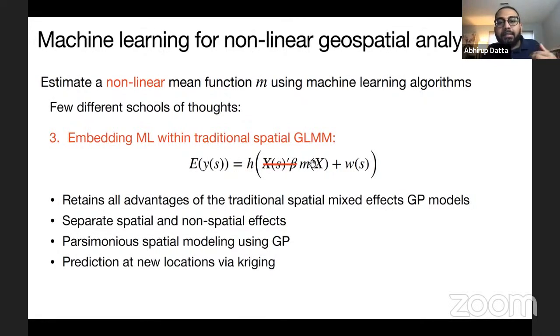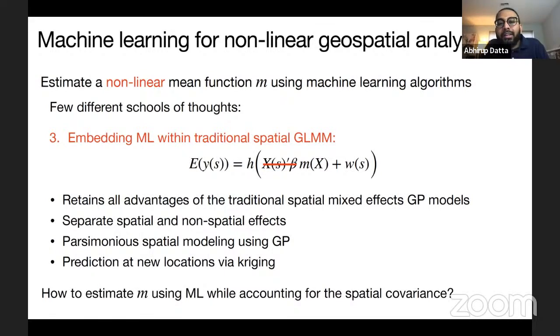As I said, this is the only change. It keeps the Gaussian process and retains all its advantages. It still separates the effect of the covariates and the effect of the space into two different components. So if there is not a lot of data, using Gaussian processes is useful because you only need 2 or 3 additional parameters to specify these random effects. And you can predict at new locations using kriging in the same way you do in the GLMM, but instead of a linear function, now you just use a nonlinear function. Everything else is going to be the same.